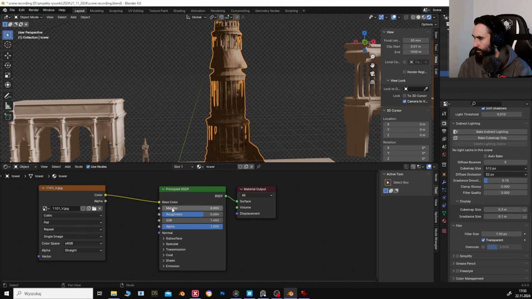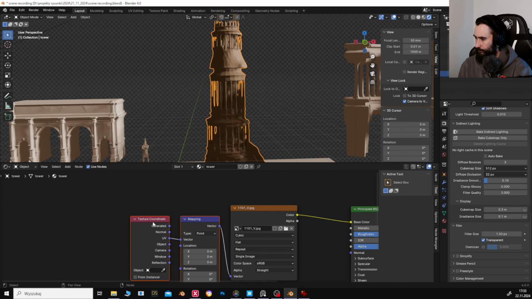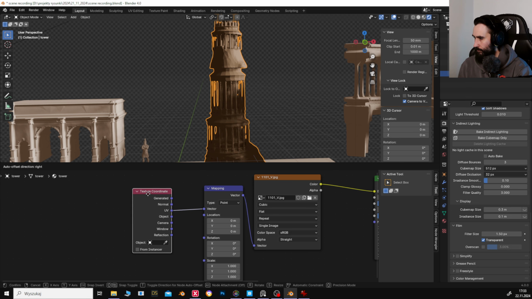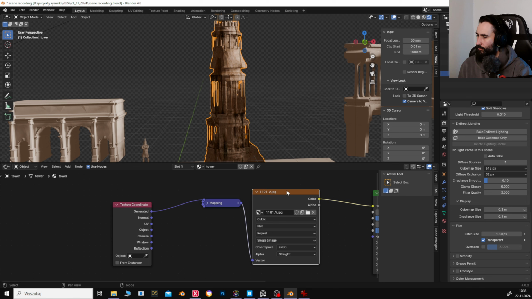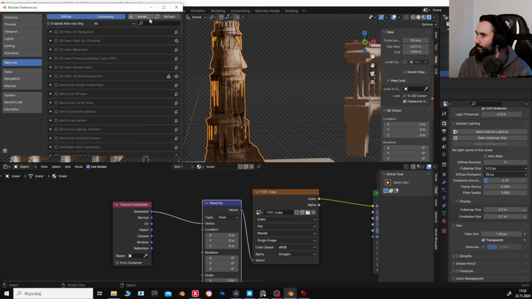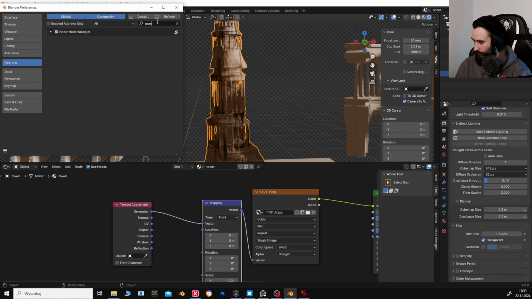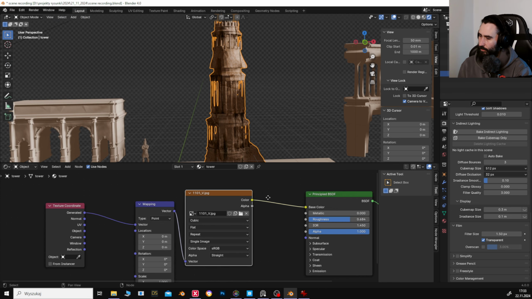And we don't see anything interesting, but Control T, and we must give it to generated. Control T is edit preferences, Node Wrangler it's called. You must enable it to use it, so it's Node Wrangler in the preferences. So when you have the Node Wrangler, you have